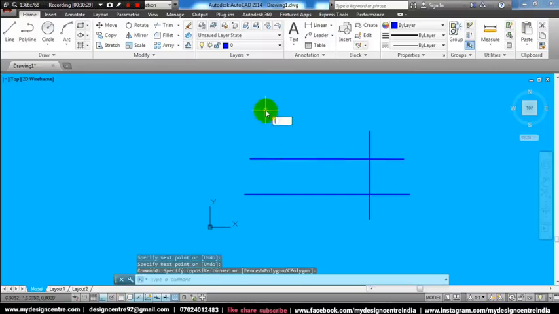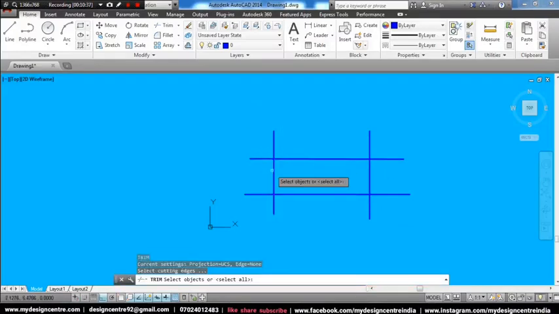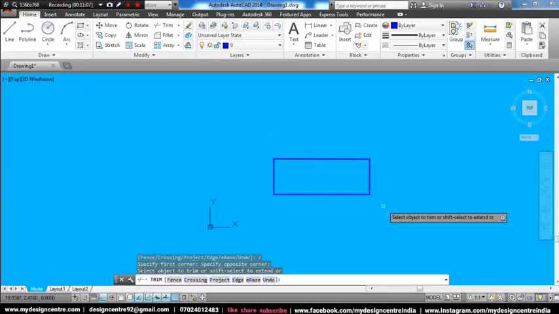Since I have drawn an object of regular shape, for this, type TR, enter, again click enter, crossing is there, C, enter. Now you can create a window by clicking the left mouse button here, dragging your mouse and clicking another endpoint here. Whatever intersects with the edges of this imaginary window will trim out automatically up to the next boundary. So let's see how it works like this.